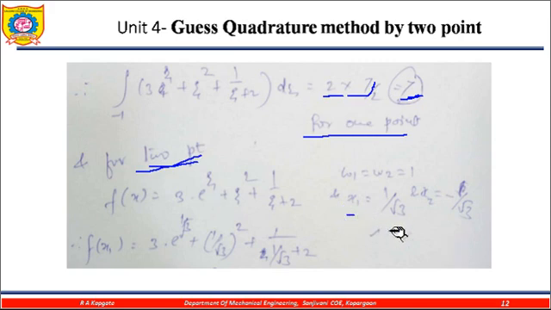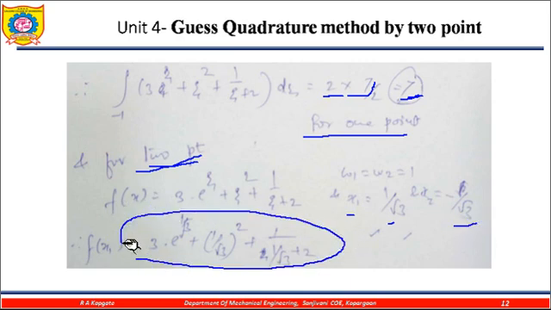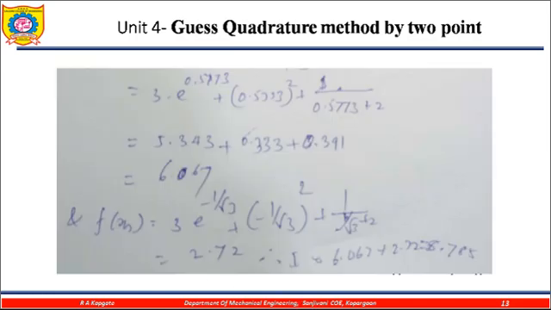so here x1 is equal to 1 upon root 3 and x2 is equal to minus 1 upon root 3. So put these values into the function f of x1. So you are getting the function for x1 is equal to this one and for x2 is equal to this one. Hence my total value is I is equal to this one, 6.0061, multiplied by this value. Okay, then